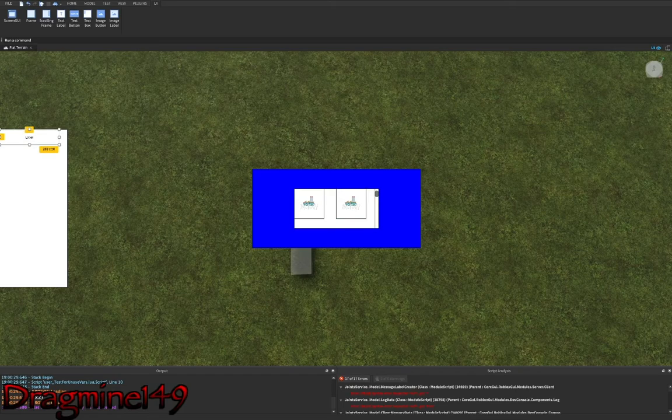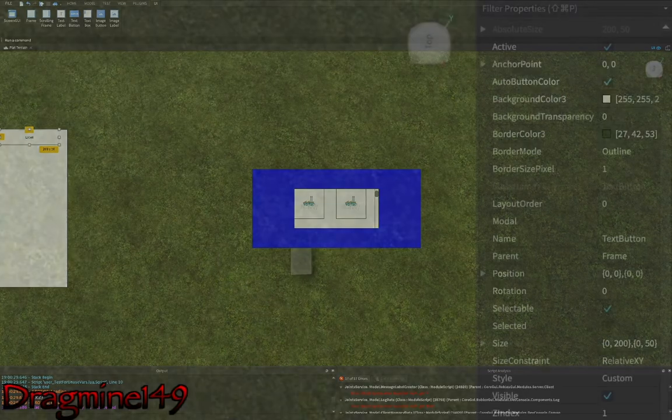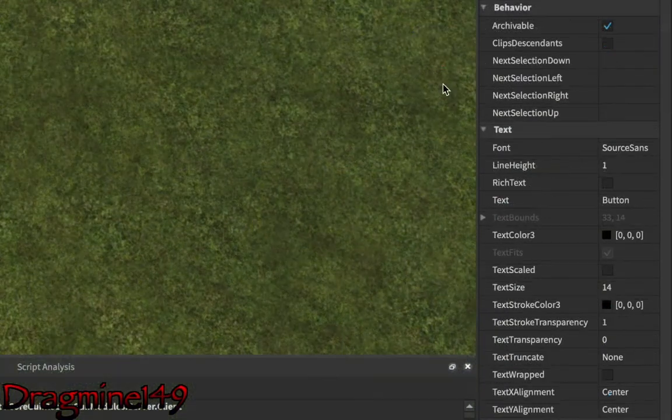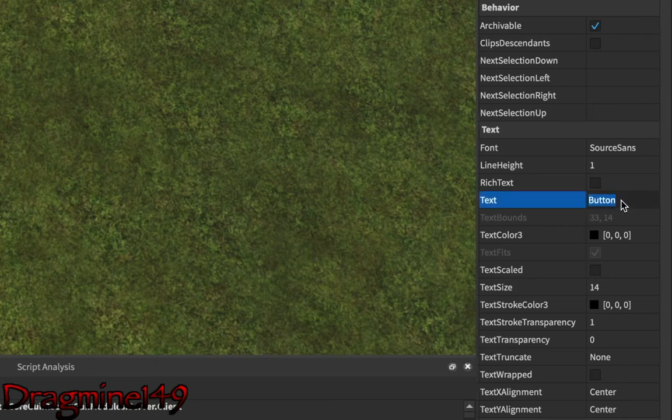They're the same thing, but they can hold text, as you can see. So you've got the font, the line height, the distance between lines, how rich the text is, and what type the text is. Then you've got the text, so let's change this to, let's say, kill me.